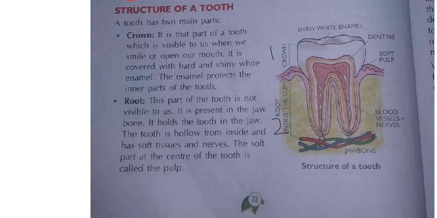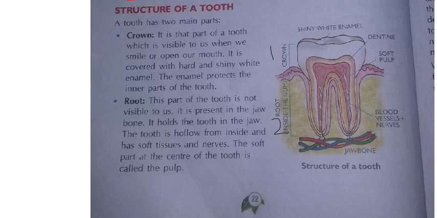What this root will do, we shall see now. It will hold the tooth in the jaw. Our teeth all stay stiff, without moving this side and that side. Why? Because of the roots. Suppose if we take plants also, if the roots are strong, the plant will be stiff without bending this way and that way. Similarly in teeth also, if the root is proper, the teeth can stay straight. It will hold the tooth in the jaw. Where will this root be? You should say, in the jawbone this root is present.